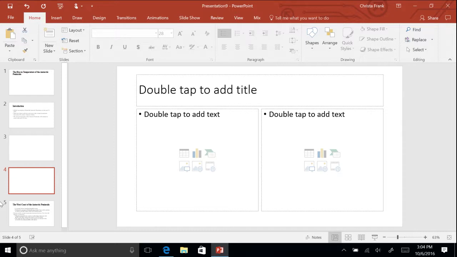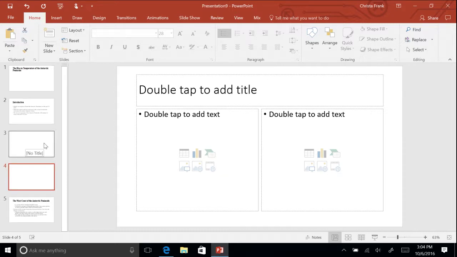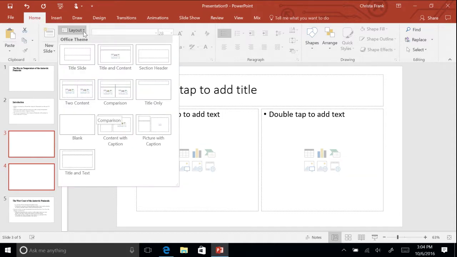Another way to duplicate a slide would be to select one or many slides from the left-hand side thumbnails. Click on the Home tab. Then click the drop-down arrow next to Layout under the Home tab in the Slides group to select the layout